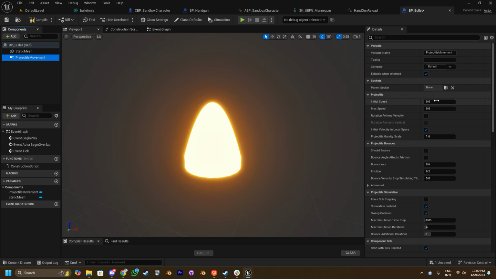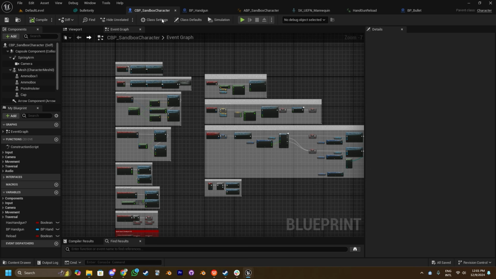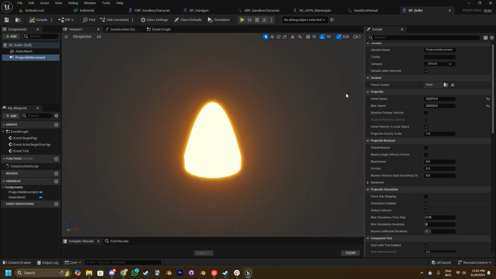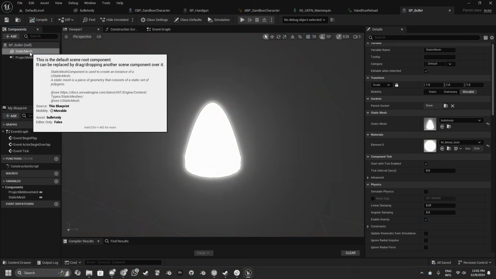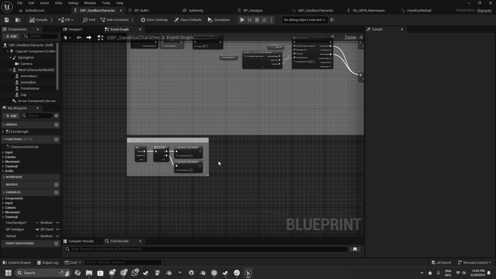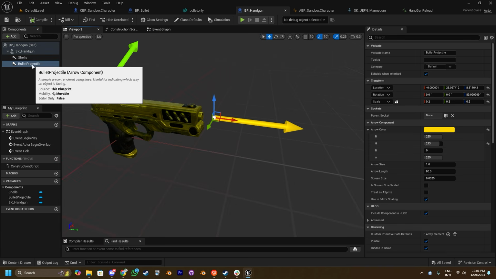As soon as you set the initial speed and all the numbers that are needed so that the static mesh can have its own initial velocity, as soon as we spawn that blueprint, the bullet is going to be flying. Wow, nice. We're going to use the yellow arrow as a reference to spawn the bullet projectile